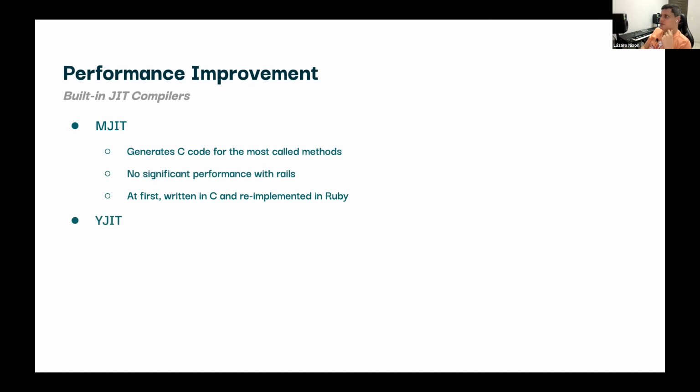And we have the YJIT that generates native machine code assembly for the most called pieces of code. So it has two advantages over the MJIT. It's able to translate pieces of code, and it's translated directly to machine code, not to a C extension.